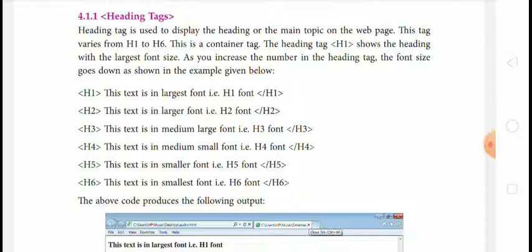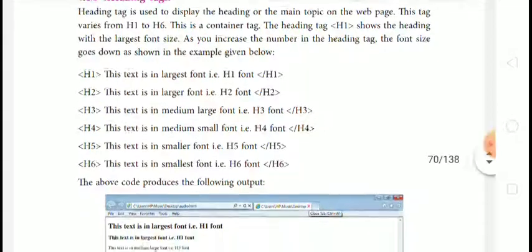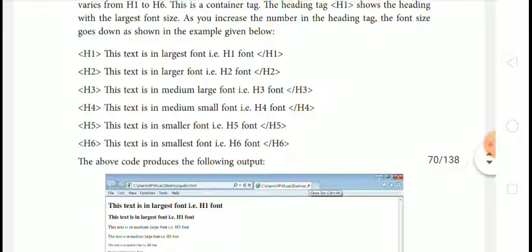As you increase the number in the heading tag, the font size goes down as shown in the example. So we will see the example which is given here.